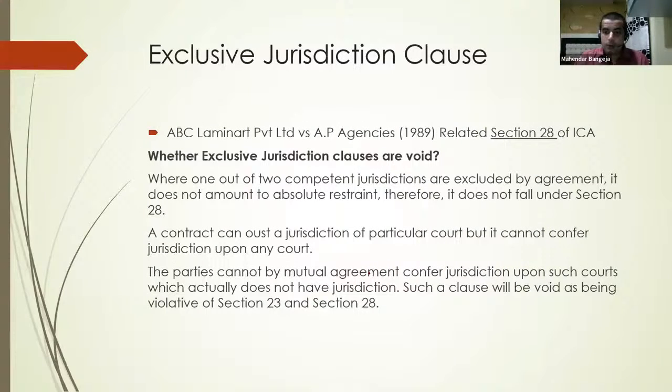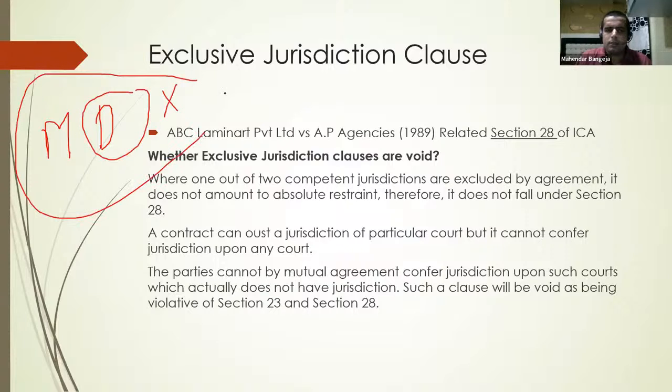Now let us understand what is an exclusive jurisdiction clause. Whenever you enter into a contract, for the sake of safety, the parties agree to abide by the jurisdiction of only a particular court. So that is the reason they use the words subject to the jurisdiction of Mumbai court only. Now the question is whether these clauses are void. The answer is that if two courts have jurisdiction, for example the Mumbai court has jurisdiction and the Delhi court also has jurisdiction, and you exclude the jurisdiction of one court,